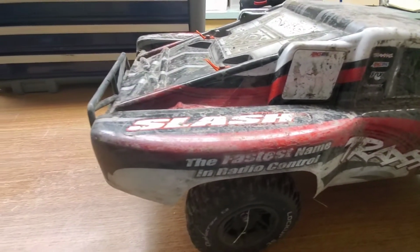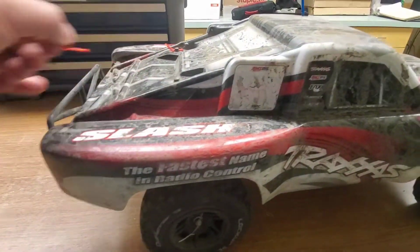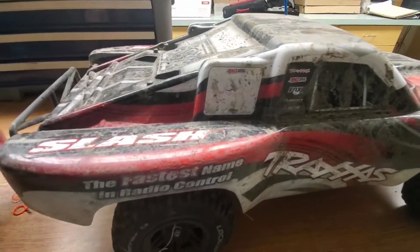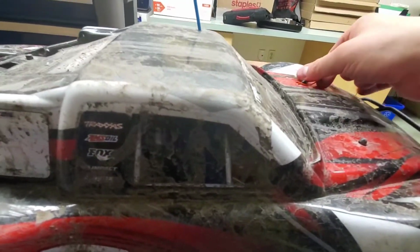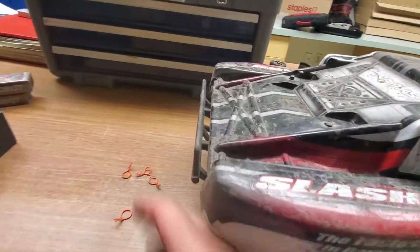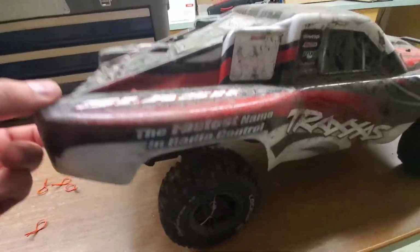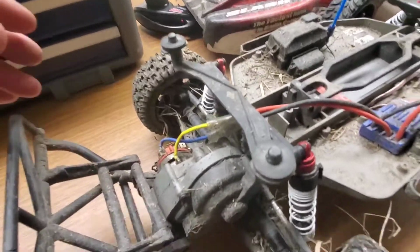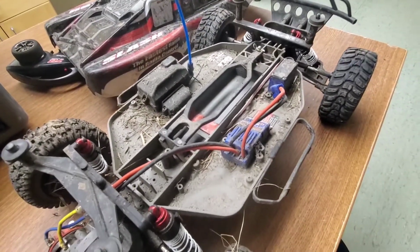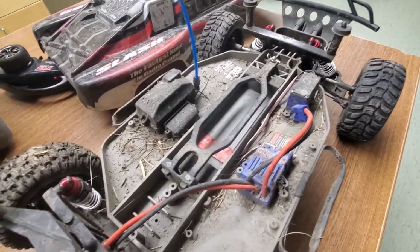I ran out because I run LiPos. They run LiPos in their trucks, and I thought, well, if it's on fire, that's probably not a good thing. But I took off the body to see what was going on. Really dirty, really dirty. Yes, that's what happens when a 3-year-old and a 4-year-old are playing in the dirt and